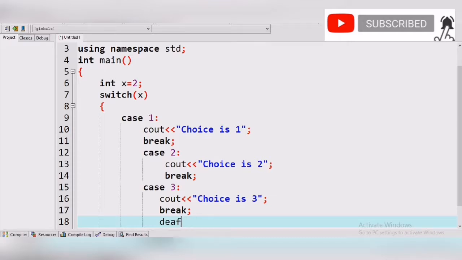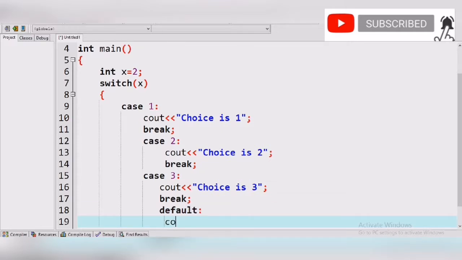Okay, sorry friends, default. In the default body, cout "choice is 4 or invalid".